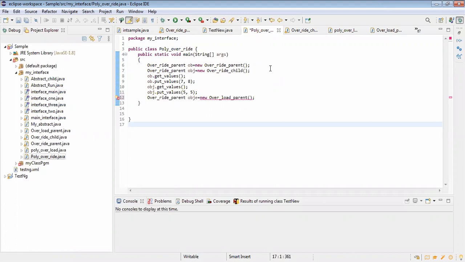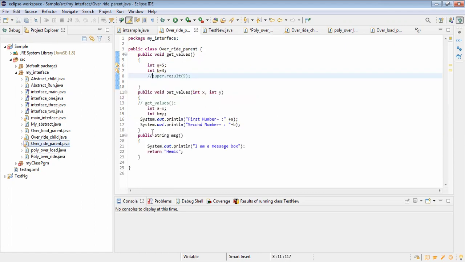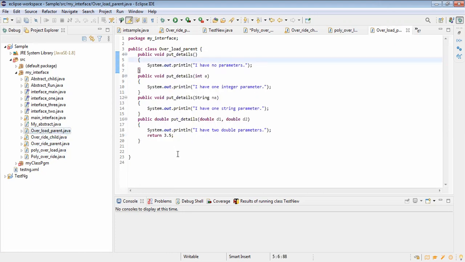Now, coming to line number 12, override parent obj equals new overload parent. Do override parent and overload parent have any connection? No, there is no connection. Can you go to the overload parent, Sneha? How many classes are available here?